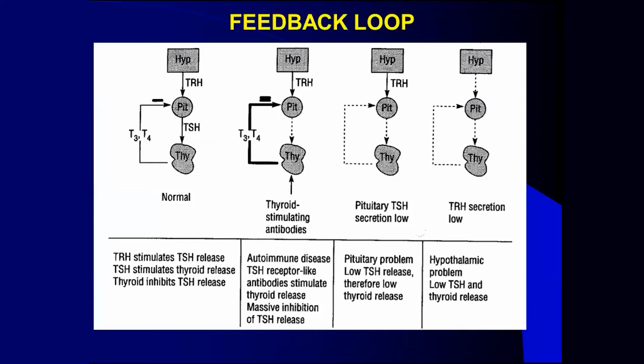We all know, but just to refresh, that the hypothalamus secretes TRH, which stimulates the pituitary gland, which in turn secretes the TSH, which then stimulates the thyroid gland, which is a small gland in the neck near the Adam's apple, which secretes these two hormones T3 and T4. These hormones in turn cause a feedback inhibition, and they eventually go back and inhibit the secretion of TSH from the pituitary. This is the basic feedback loop of thyroid as it happens in a normal person.